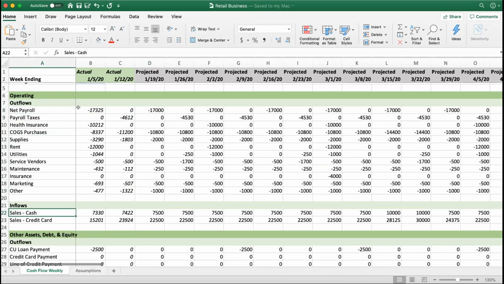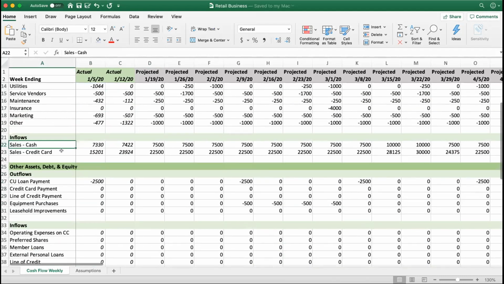Now here I did do inflows cash versus credit card, because cash is in hand the day of, and with credit card, there's a delay with your credit card payment processor. And I'll show this when I get to the assumptions, that just has to do with how I structured my imagination around what the budgeted sales are and how we break those up, so we can map sales to cash inflows.